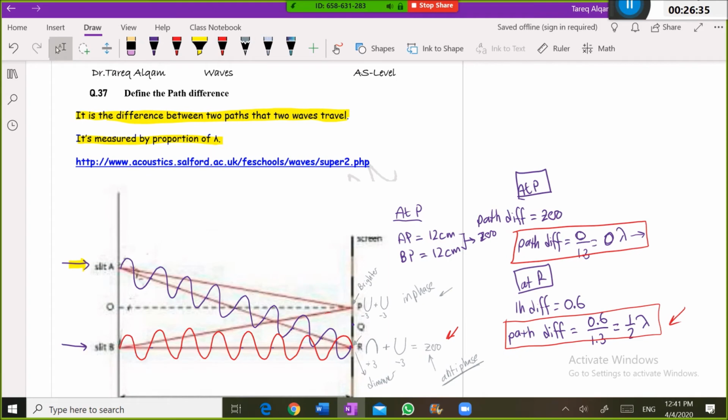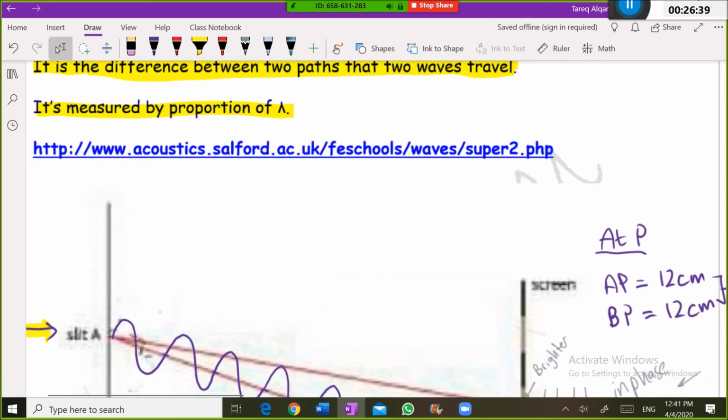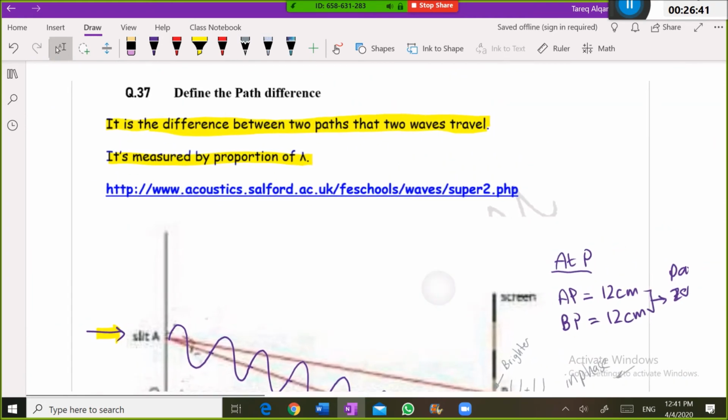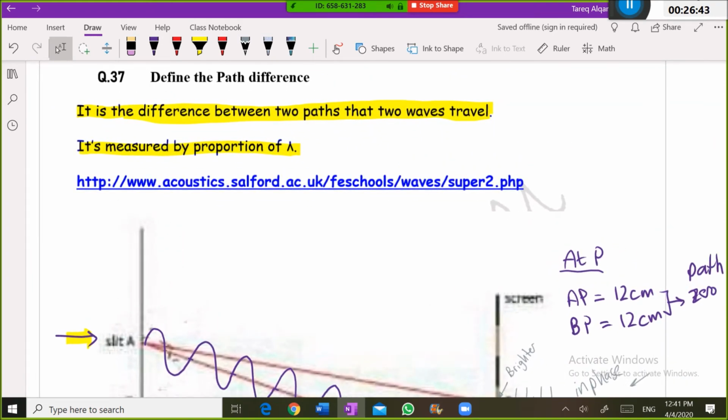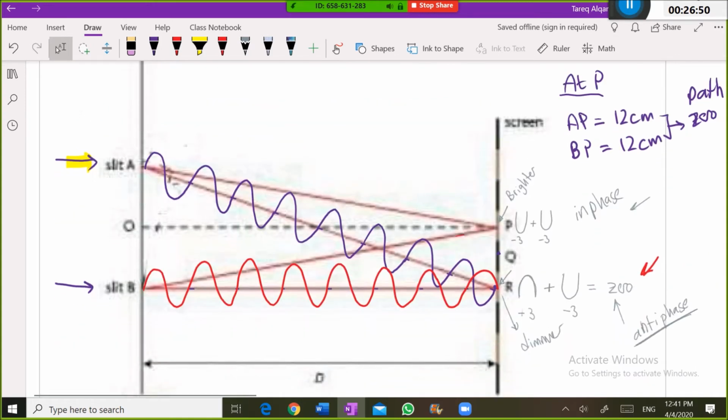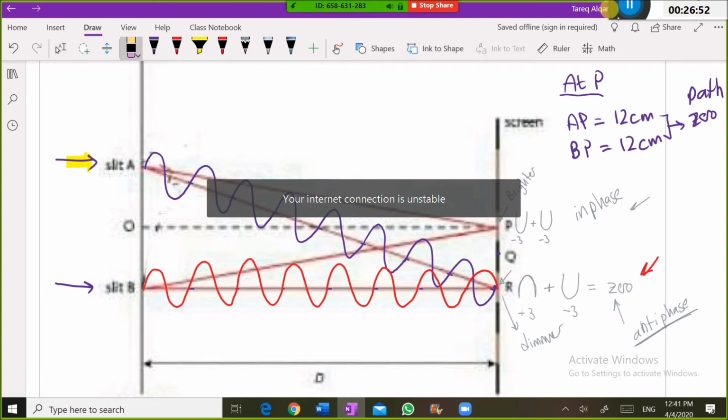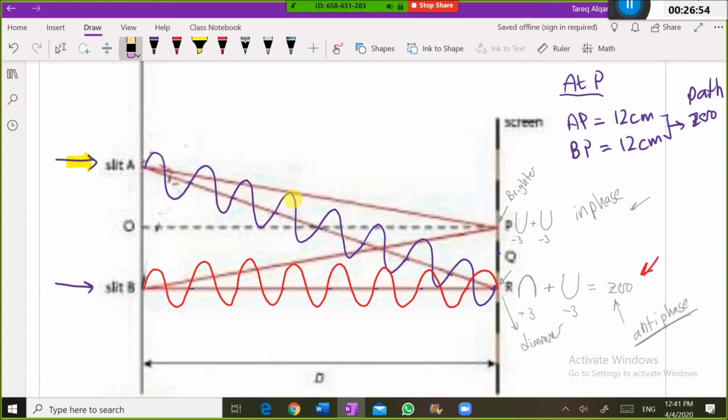Path difference. Guys, the path difference, from its definition, is the difference between the two paths where the two waves travel. Since we are talking about waves, guys, this path difference will be considered